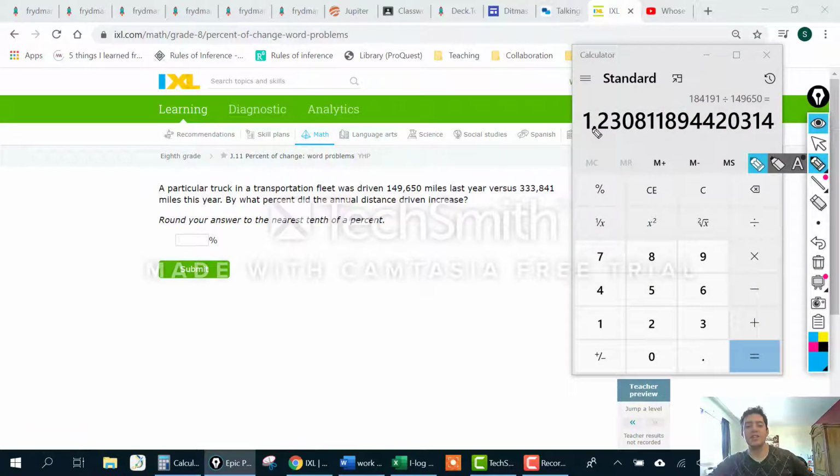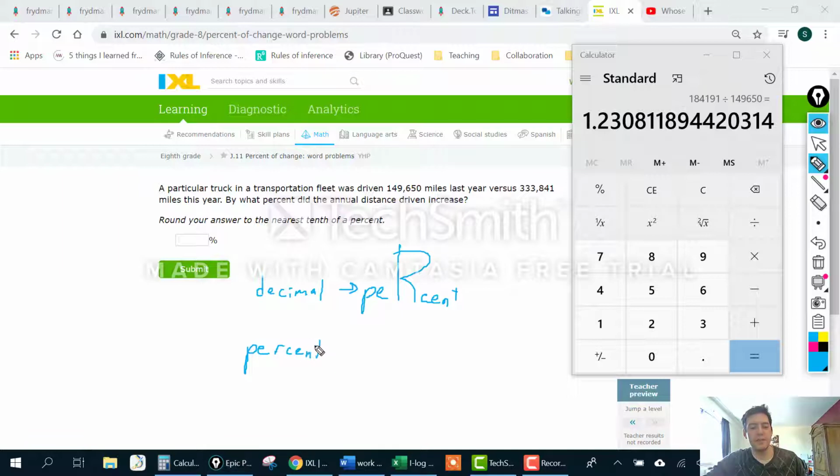So first, to turn a decimal into a percent, I always have a little trick. If I want to turn a decimal into a percent, then I move the decimal point to the right. If I want to turn a percent into a decimal, then I move the decimal point to the left. So here, when you divide the numbers, you're going to get an answer which is in decimal form. You're going to want to take that decimal and turn it into a percent by moving the decimal point 2 spaces to the right, 1, 2. So in percent form, we would get